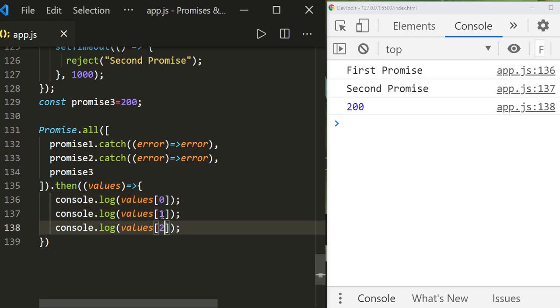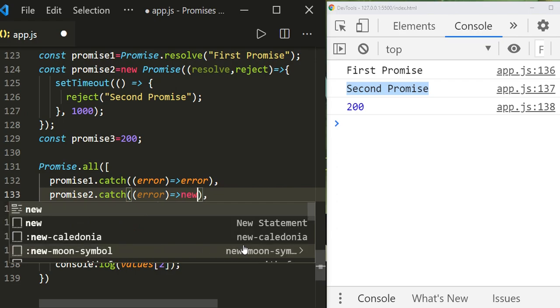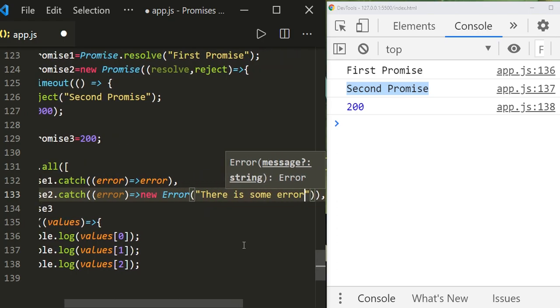So now after 1 second you see the output: first promise, second promise, and 200. So even though there is an error, we can see the output of the first promise, and the second promise is nothing but an error actually. So here you can say new error, there is some error.